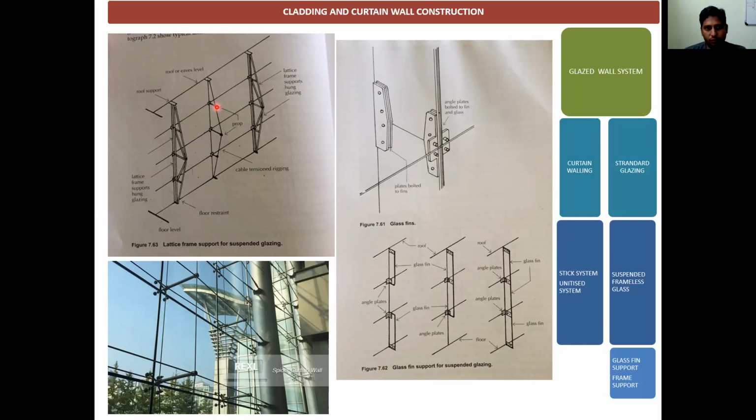Now, if we are not able to provide as much space as this type of lattice girder is going to take, we can construct the vertical fin support in another way, from the outside of the building. This fin support is at the joint where the vertical fin is connected, and this fin is connected to the other fin member.